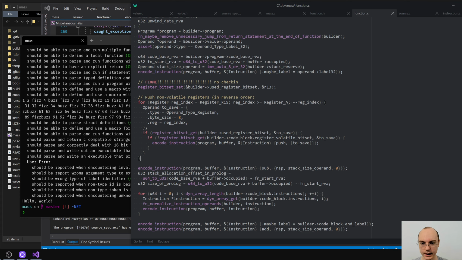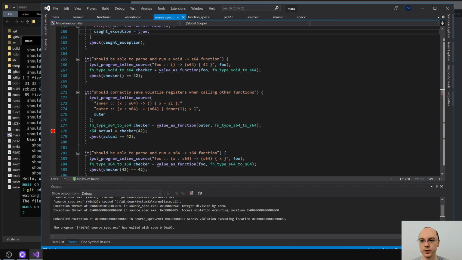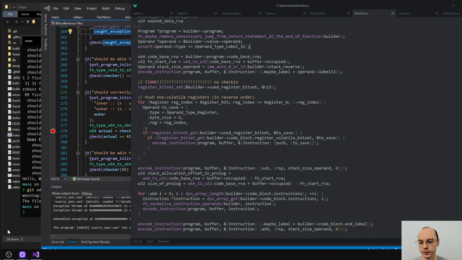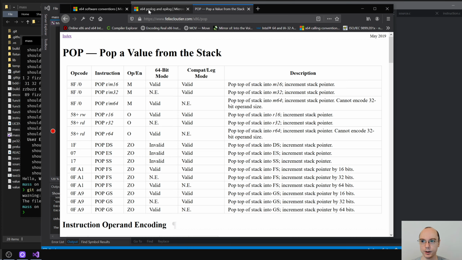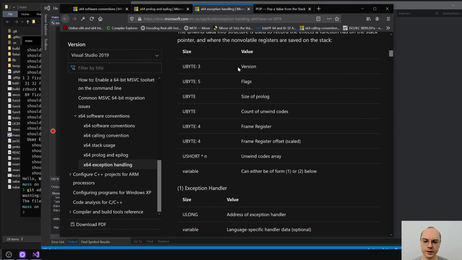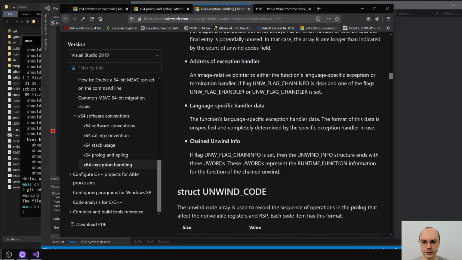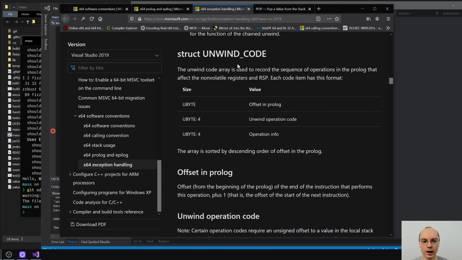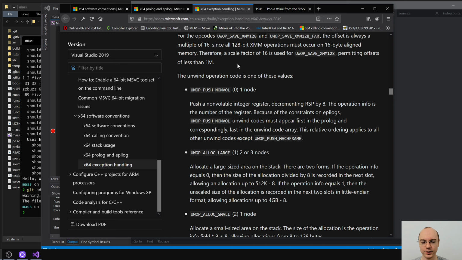However, that was the easy part of this stuff. The hard part comes with stack unwinding, because when we add this stuff into here, we also need to add it to the unwind codes. So let's go there and look at that. And the main problem here is actually not adding them to unwind codes. That's pretty straightforward. And the problem is we don't really know the size of the,